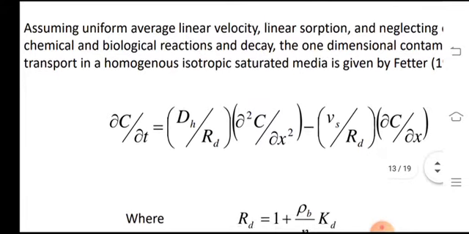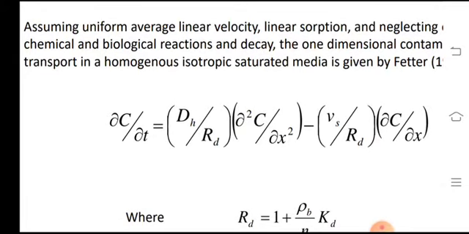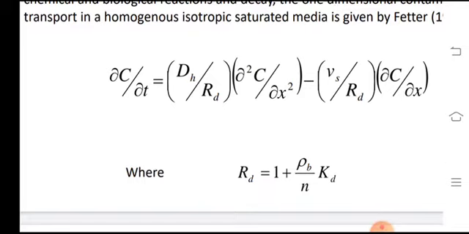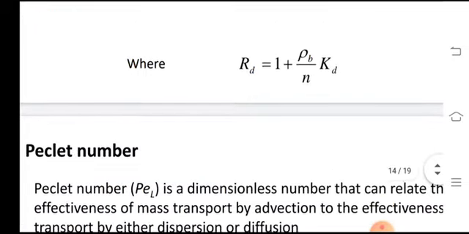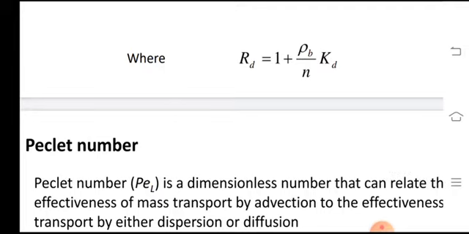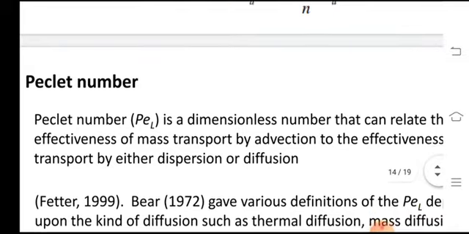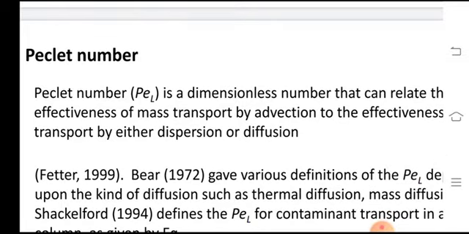So we will not go into the detail of this whole equation development or its derivations. It will be a very lengthy process, and actually it is all continuity equations, and it will be involving some matrices and their solutions. So quite a complicated process. It is more important for us to understand what the basic principles are, how this contamination transport is actually taking place, what the phenomena involved are, and how we can study this process when we are actually assessing a contaminated site. The Peclet number is now a very important